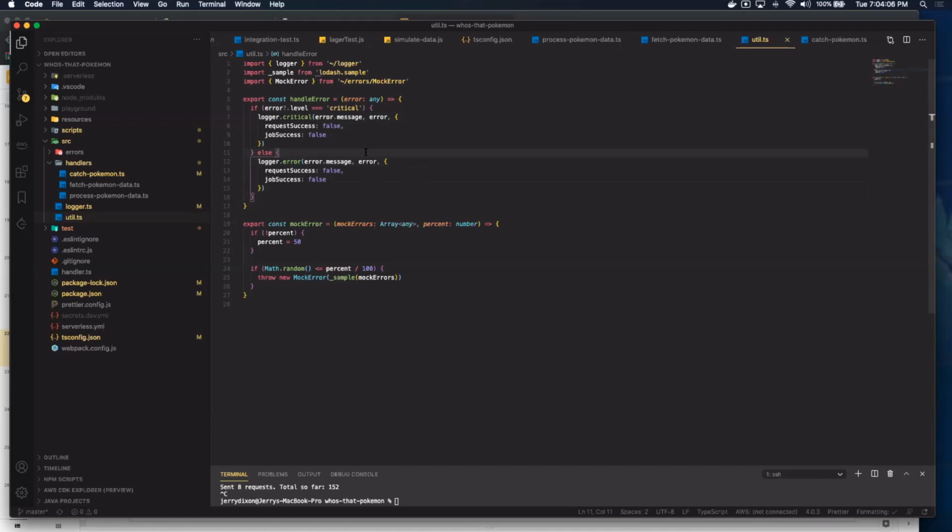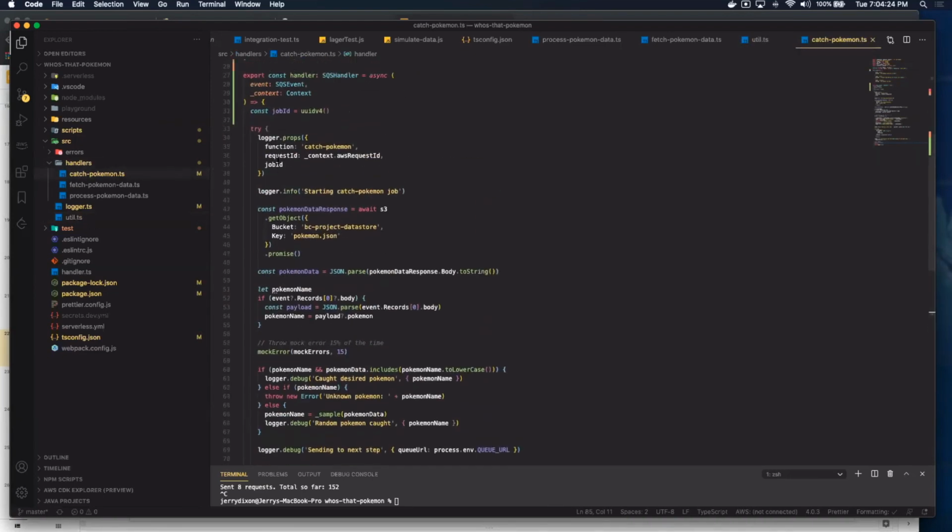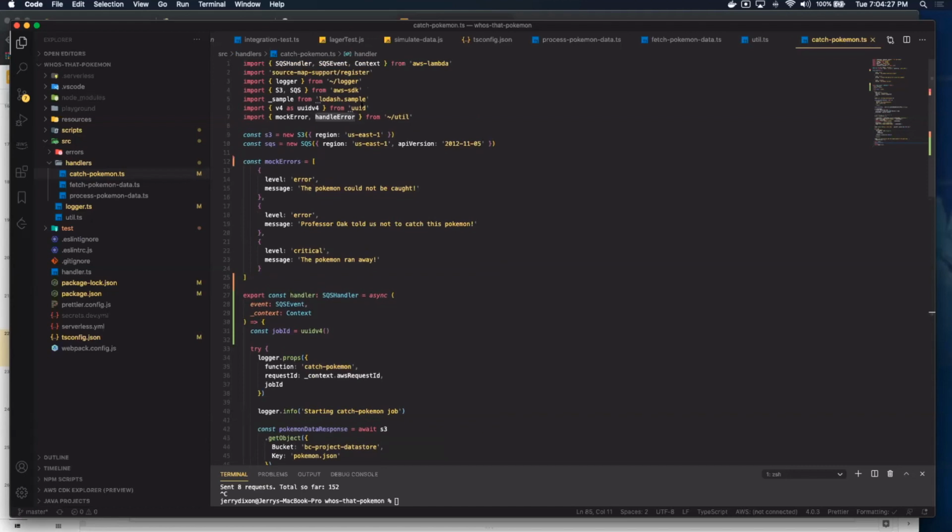So this is a good example of making sure you include dynamic error messages in your error logs so that you're able to see full stack traces and things like that. So at this point, you might be wondering what's actually under the hood here, because we're looking at this logger object everywhere, but